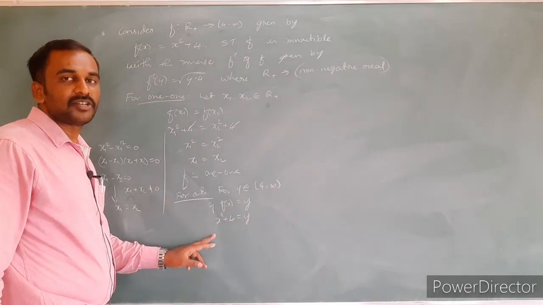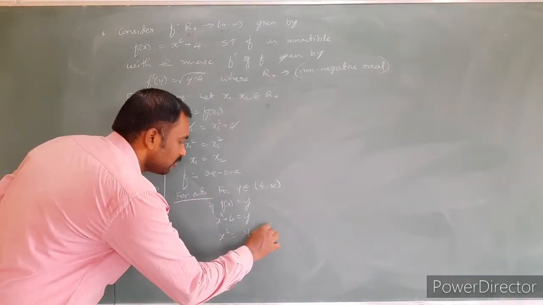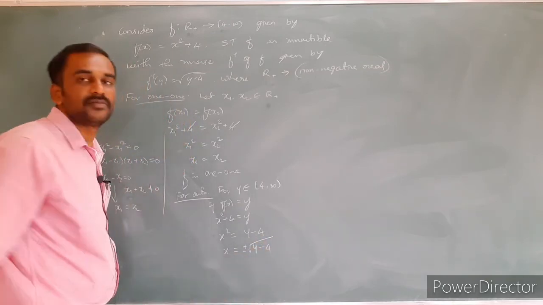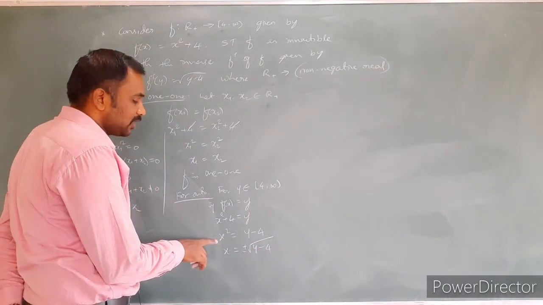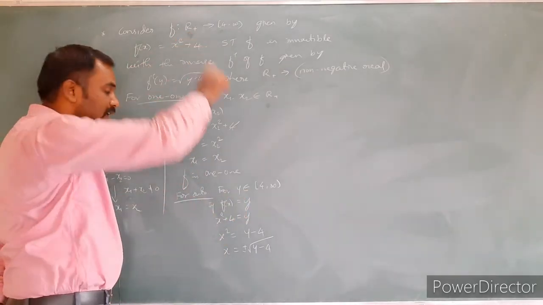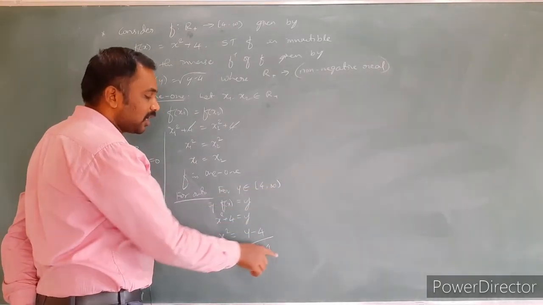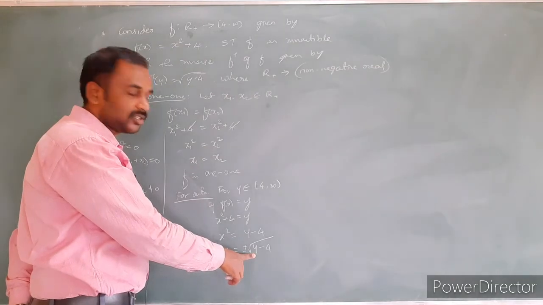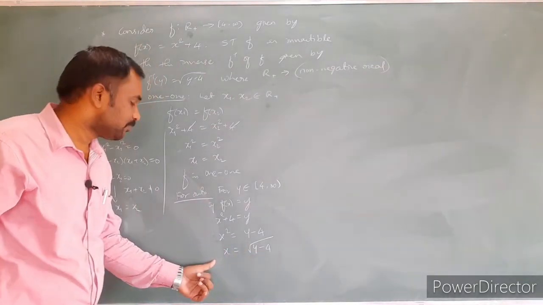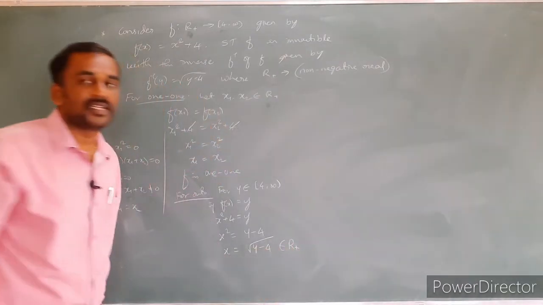Here y is given in terms of x; get the x value in terms of y. x square is equal to y minus 4, x is equal to plus or minus root of y minus 4. Provided that x is a positive real number and y belongs to 4 and onwards, we will get a positive real number. Positive real means there is no question of getting a negative value, only the positive value. So x belongs to only the positive, and it obviously belongs to the domain set R.